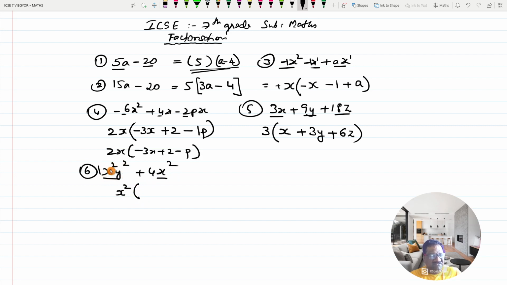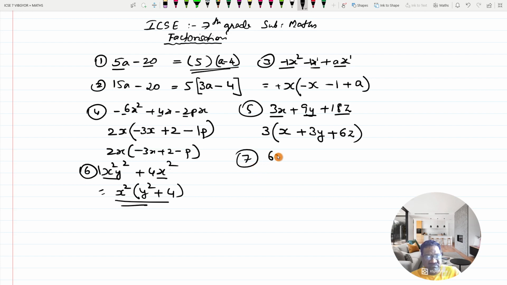Now from this x square y square, when x square is taken out, what is left is y square, so put a y square over here, then a plus sign. Now from the second term, that is 4x square, x square is out, so you are left with this 4. So this has to be the answer: x square into y square plus 4. The seventh one is,